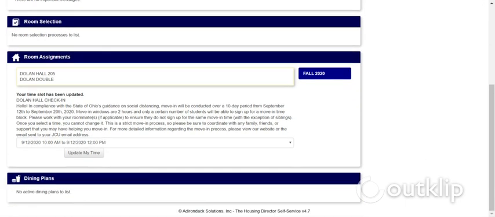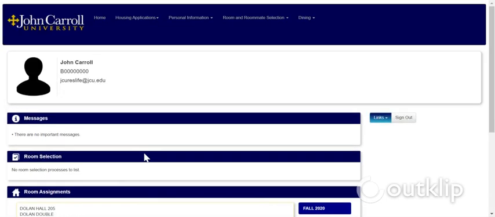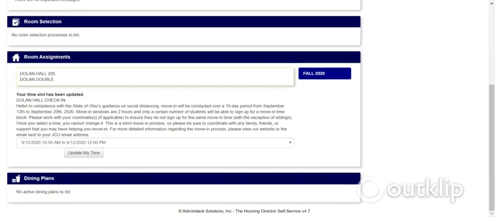Once you log out of your housing portal, if you forget what date and time you signed up for, you can log back in and scroll down to this Room Assignments tab, and you will see your move-in date and time. If you have any questions or concerns, please do not hesitate to contact the Office of Residence Life at